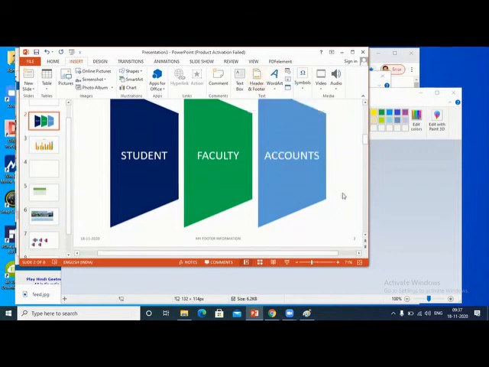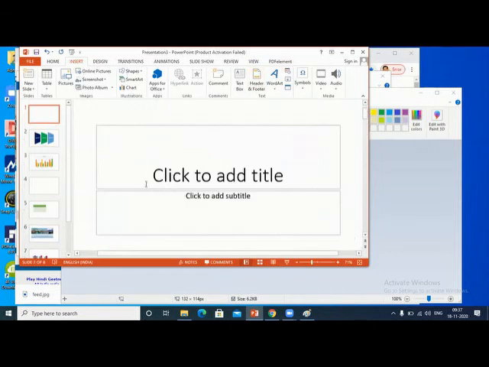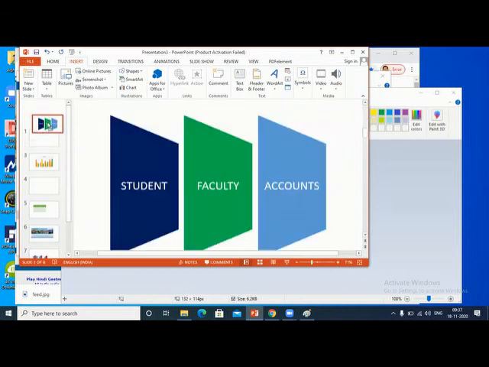Okay, and suppose when you want to show a PowerPoint and you want to hear some music, how can we do that? Suppose I select this, and here I will insert audio, online audio or audio from my PC.